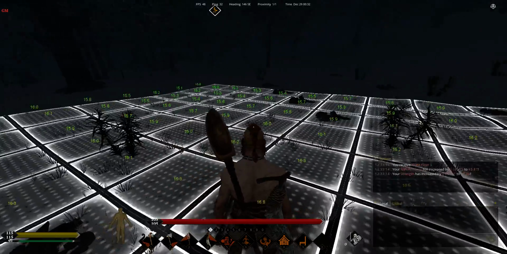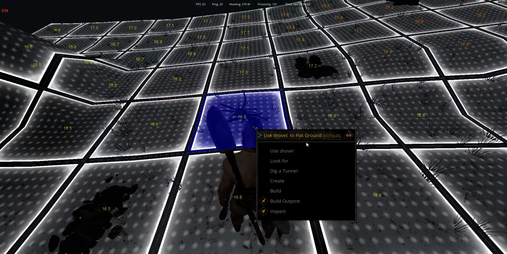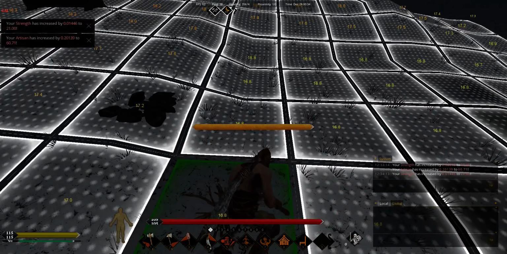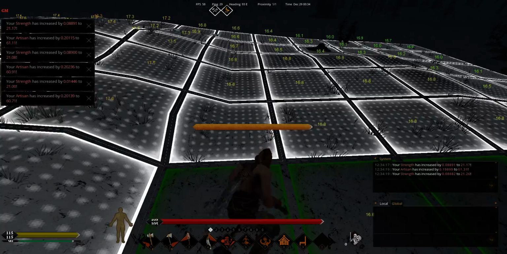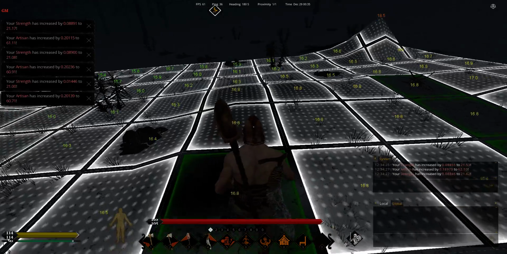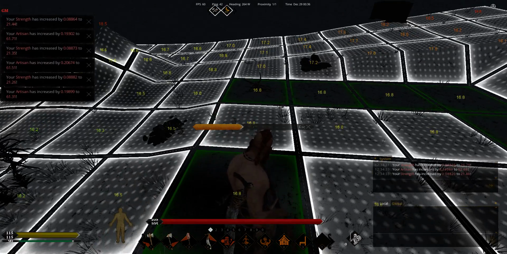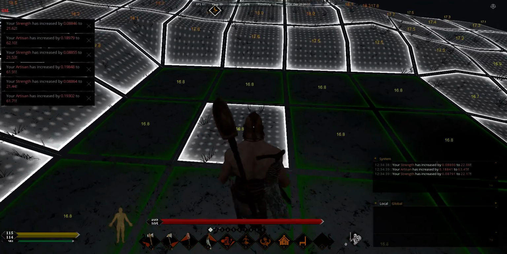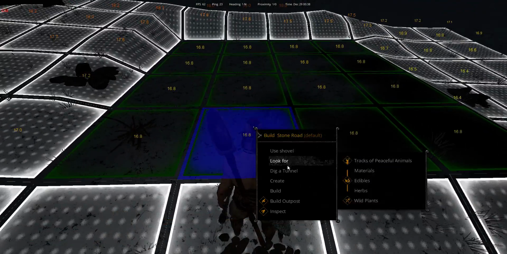Now what you want to do is this grid, press F3 on your keyboard and that will bring up the grid. Now you want to find a nice little area and go to flat ground. And to build a hut, you want a 4x4. And once your entire 4x4 is all lit up green, nice and like that, right click, go down to